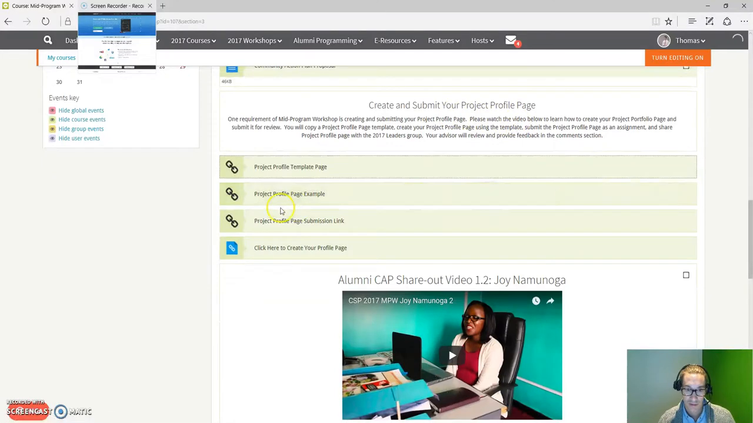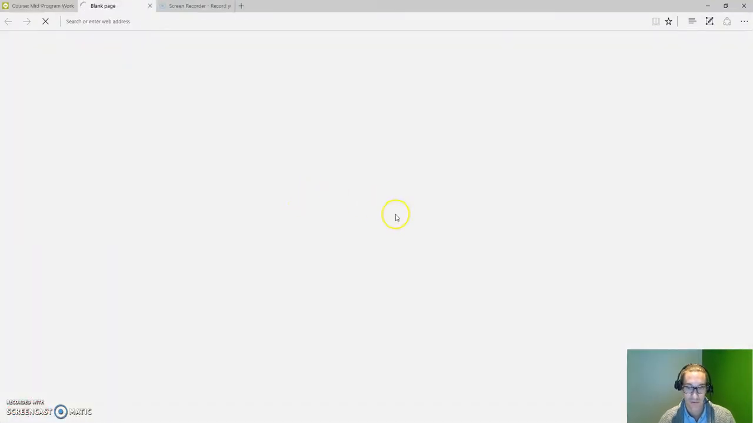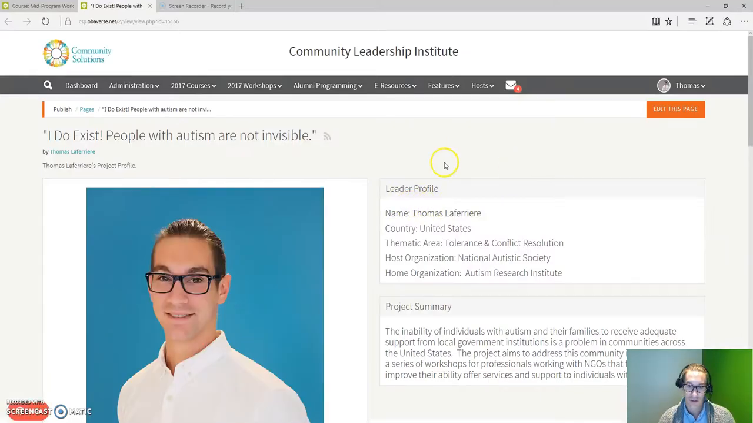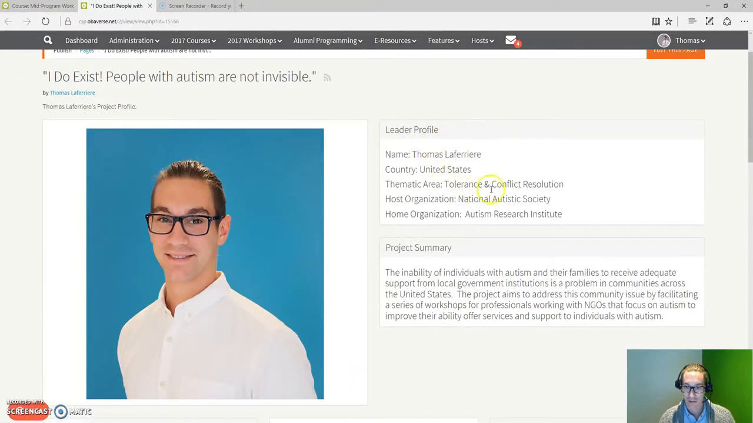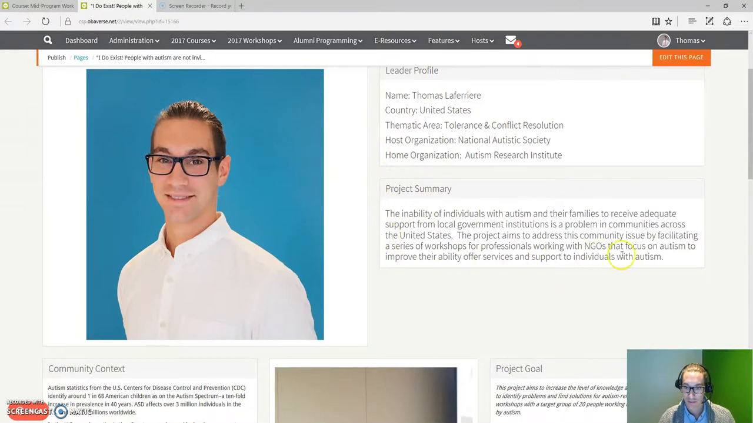So let's go back to the profile page example here. So I've made a profile page example, and I've added some information about myself and a hypothetical Community Solutions Program fellowship along with the project. So I have the title up here. I have my information as well as a possible host organization, a home organization, an example of what a project